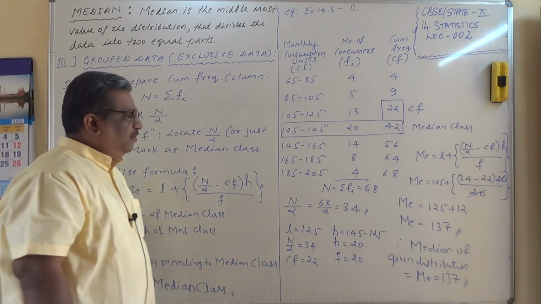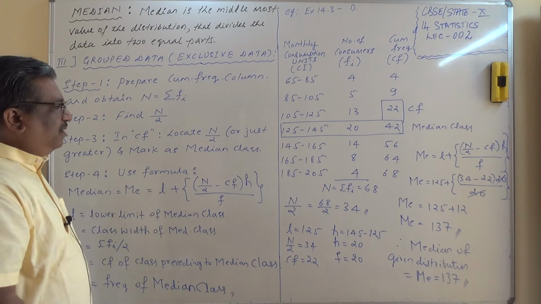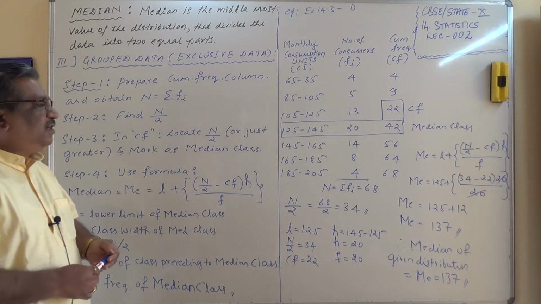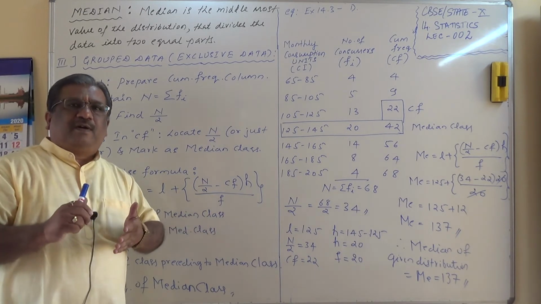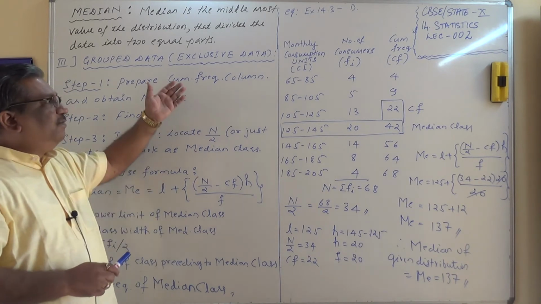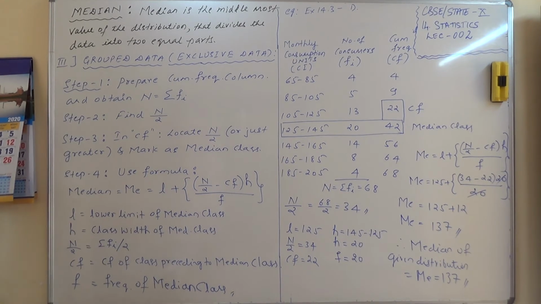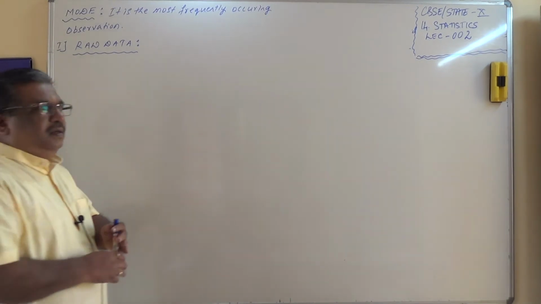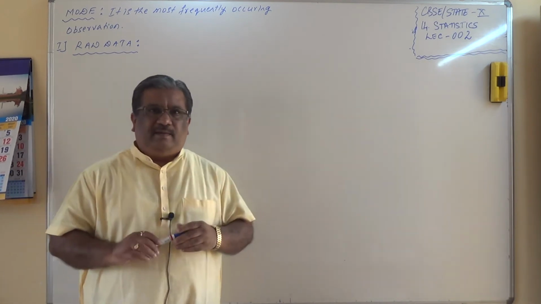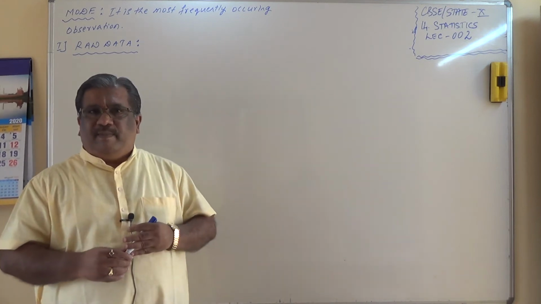Okay, so this is how we can find out the median for the grouped frequency distribution data. So there are three different methods of calculation of median: for raw data, for discrete frequency data, which is also called ungrouped data, and finally for grouped data. So make a note of all these things. Yes students, I think you have understood how to calculate the median. So far you must be familiar with calculations of mean as well as median.